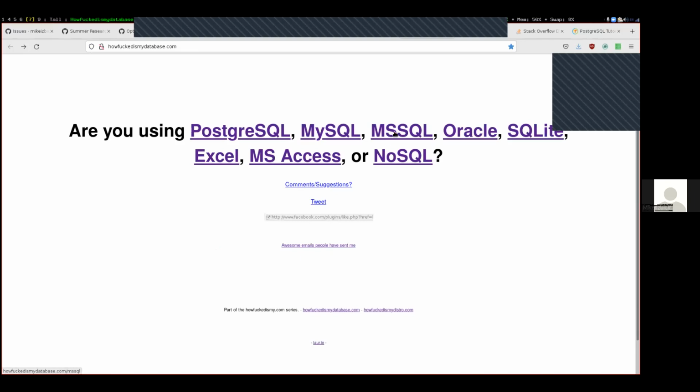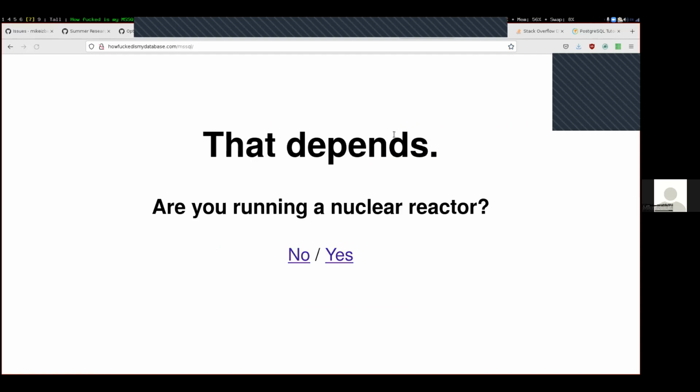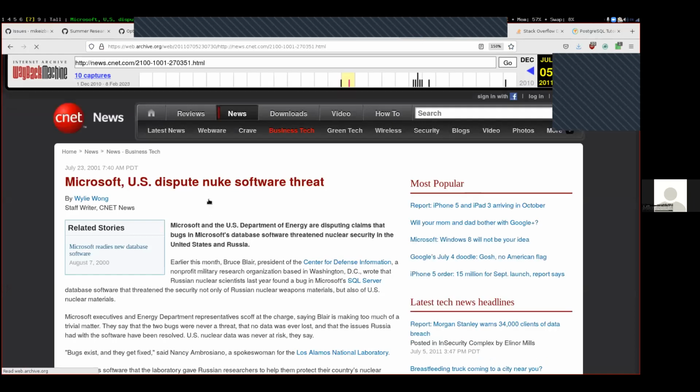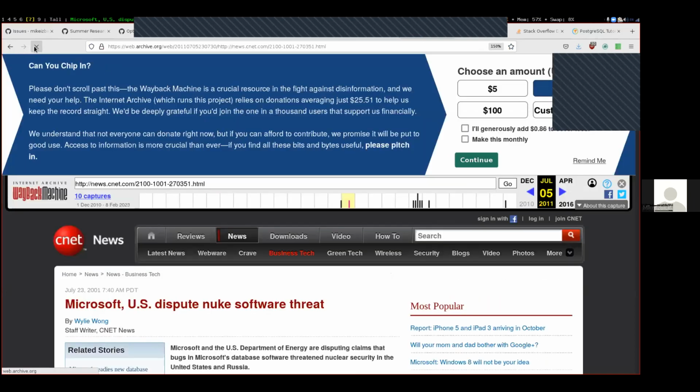MS SQL is another popular one in the econ department here, also called SQL Server. And this one is notoriously awful. It's famous for a number of disasters, but one of them is that there was a nuclear reactor that internally used Microsoft SQL for things. And that nuclear reactor had a nuclear incident because of